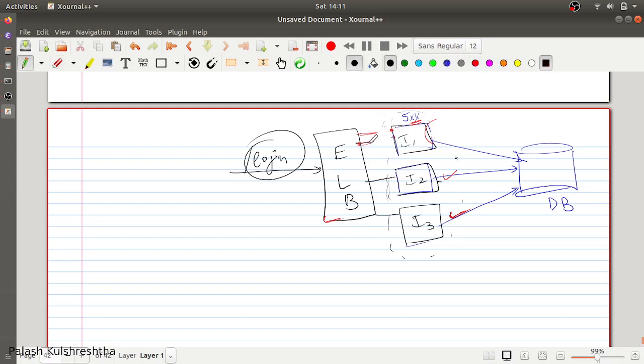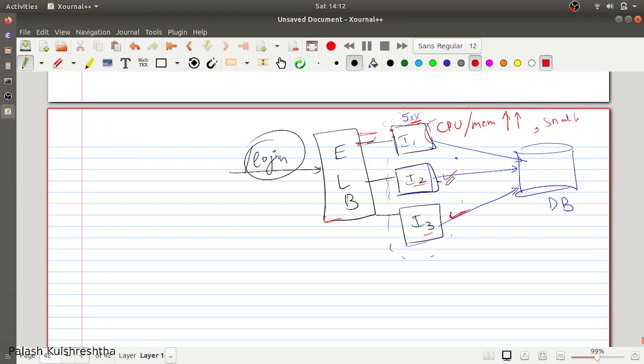Then what other things can happen is, due to whatever reason, CPU or memory on this box is high. Maybe some other piece of code is running, or maybe some extra software or application is also running on this instance I1, which is not running on I2 and I3. So that means they're not identical. That can also happen. Another thing that can happen is, it is a small instance.